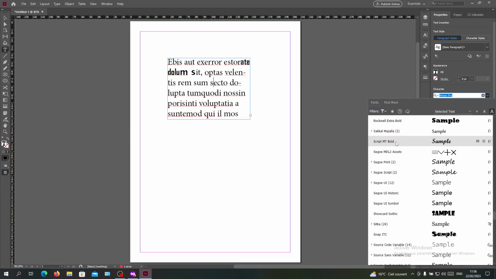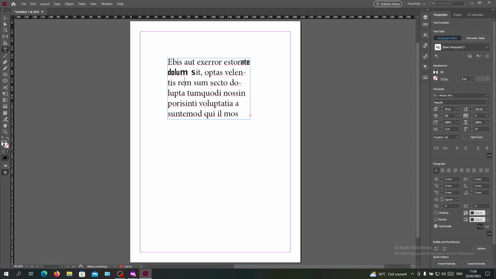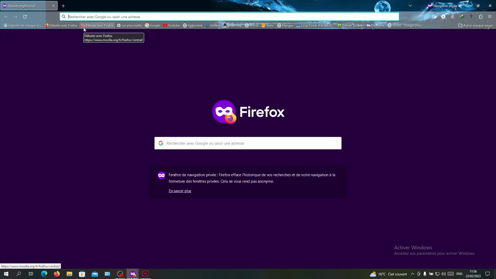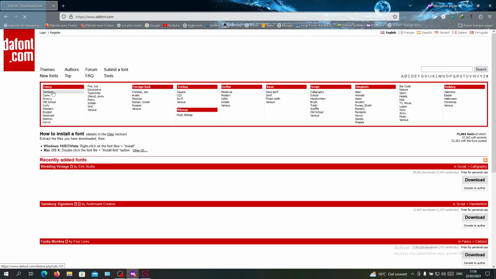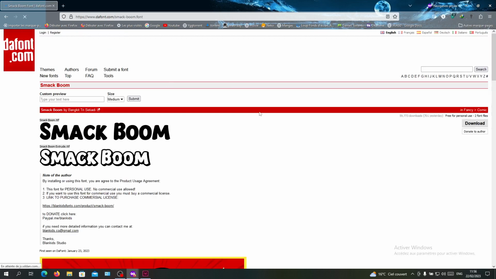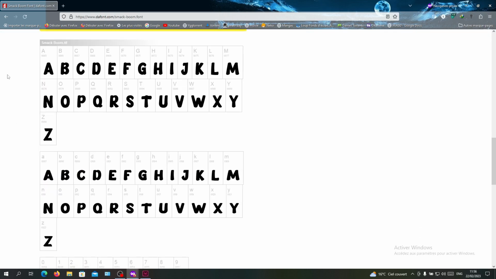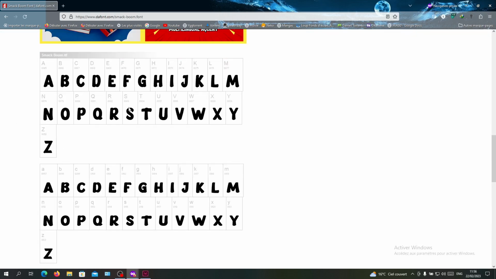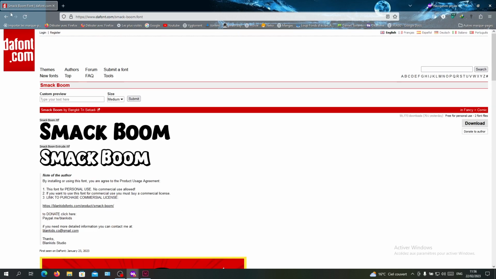fonts that you have on your Adobe InDesign, or you can just download new fonts in the internet, and it is easy. You need just to go to this website that is called thefonts. Search for thefonts.com and you will find it, and here you will need to search for all. For example, you search for here and you see all the characters, and if it has some bold styles,